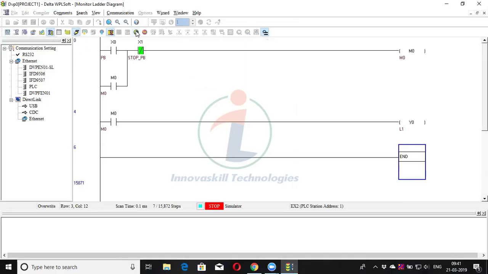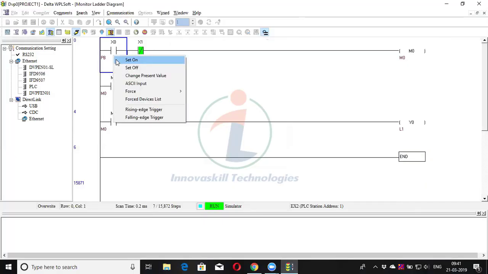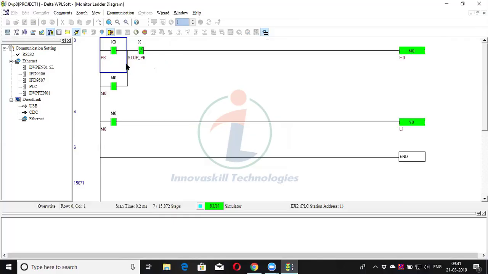After that, select run. Give yes, and you can start giving the input. After checking it is in run mode, you can start giving the input. Now select the input, right click, select set on. Input is on, memory is activated. Since memory is activated, output is also on.